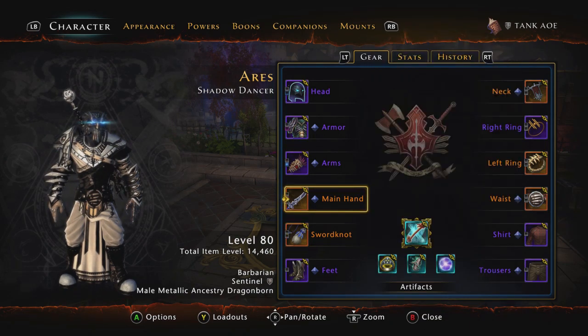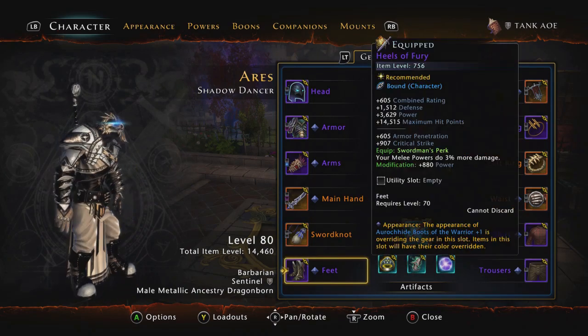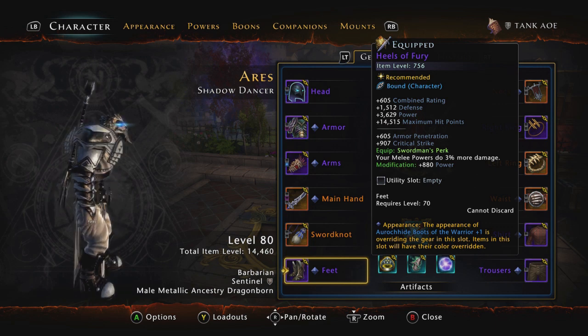Now, for main hand and offhand, of course, BIS slot is going to be Lionheart. If you cannot get this, Burnish is a viable option still. For the boots, they are the Heels of Fury. This increases your melee damage by 3% more. If you're a control wizard, Boots of the Wild is still a good alternative because you don't really have too many melee damage. So for any CW, or what would be another class, I think even HRs benefit from this. So I think just CWs. If you can get the Boots of the Wild for the At Will,